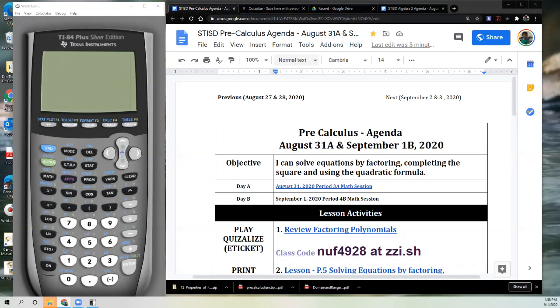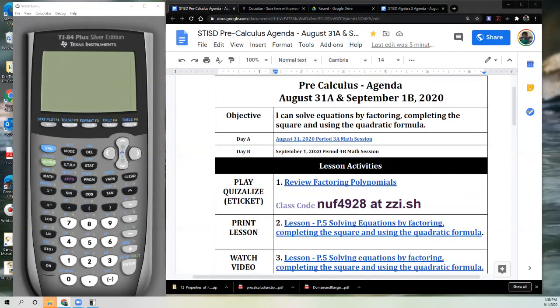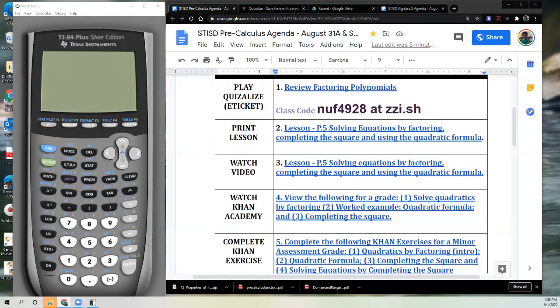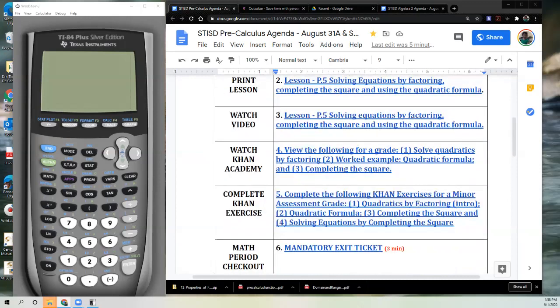Okay, so today's date is September 1st. Here's the agenda: I can solve equations by factoring, completing the square, and using the quadratic formula. I will provide you the video session here. Does everybody see where it's going to be? Also, we're going to start with playing Quizalize. We're going to do the lesson, which is solving equations by factoring. Then we're going to watch the video, and then I'm going to assign Khan Academy